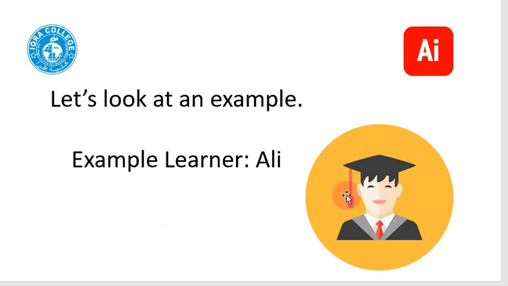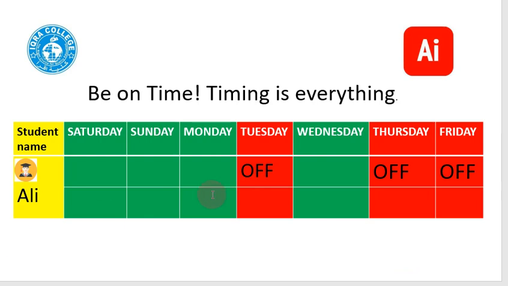Imagine this learner here. His name's Ali. He's a happy guy. So here's our schedule. Tuesday, Thursday, Friday, the groups are closed and we're off. But Saturday, Sunday, Monday, and Wednesday will be open. Okay? So imagine Ali does the task on a Saturday, Sunday and Monday. These are 3 consecutive days. They're next to each other.